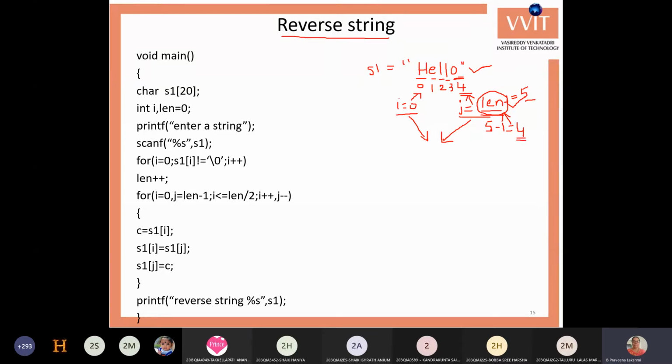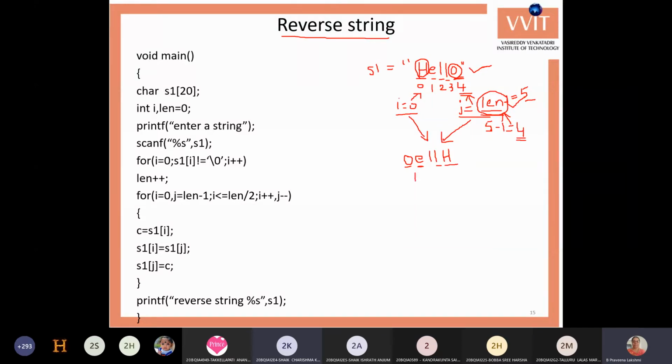So we will exchange the character of 0 position and the character of 4 position, that is j position. Now we'll get the output as O, E, L, L, H. Now after exchanging these two characters, we'll exchange the second letter from the first and the second letter from the last.